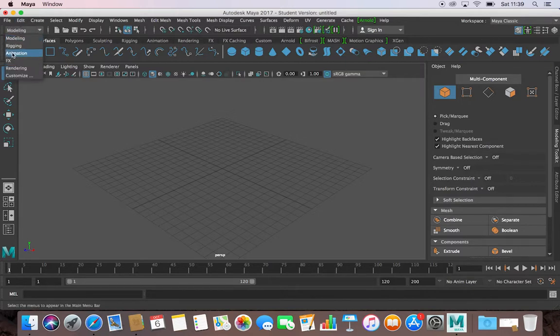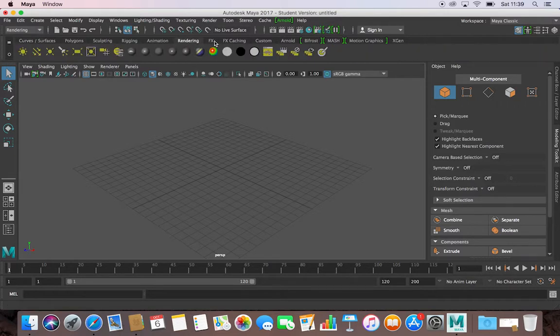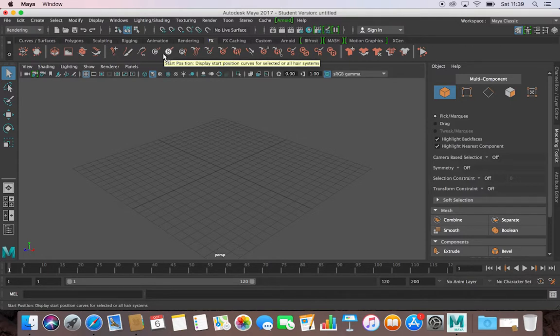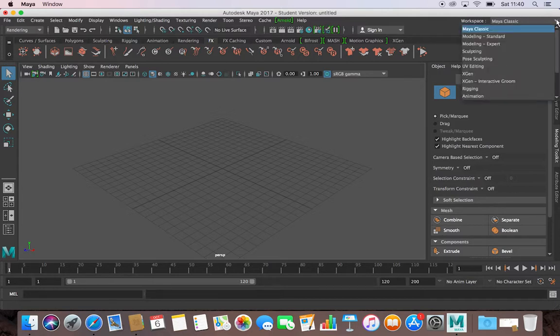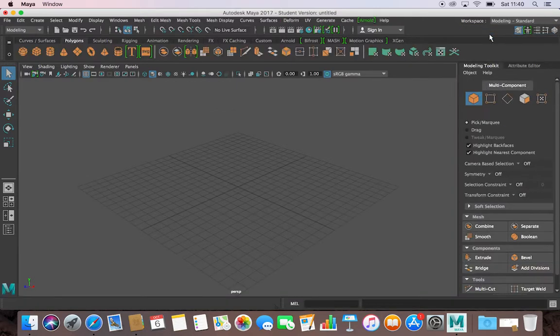If I change to rendering, for example, we have a different layout of what's on the top here. And as we go through some of these, we'll find that some of the icons are missing based on what they've set up as these workspaces. On the right hand side, you also have this secondary workspace section. So you have Maya Classic, Modeling Standard, Expert, Sculpting, and these again will change the layout of the whole program